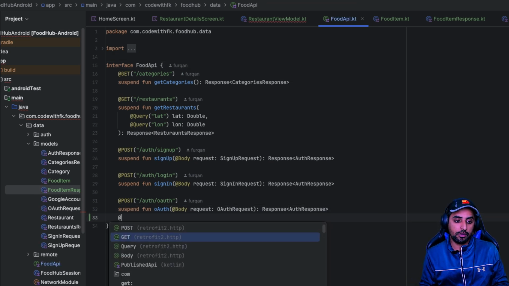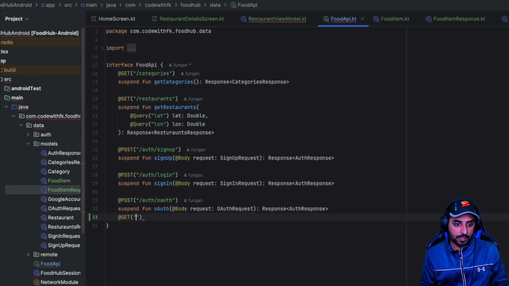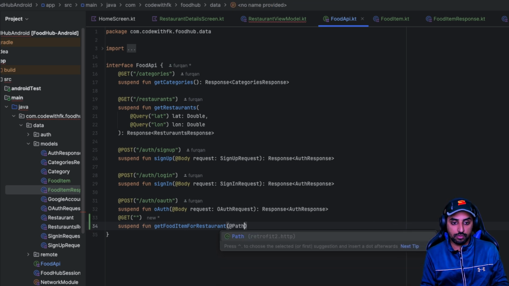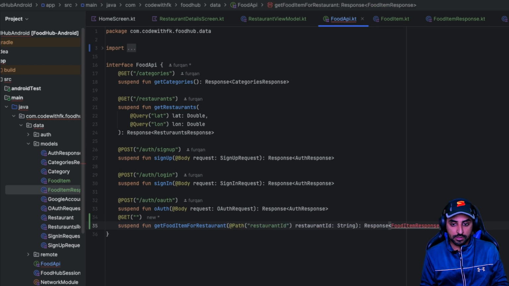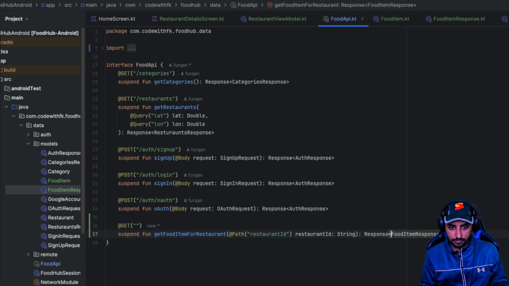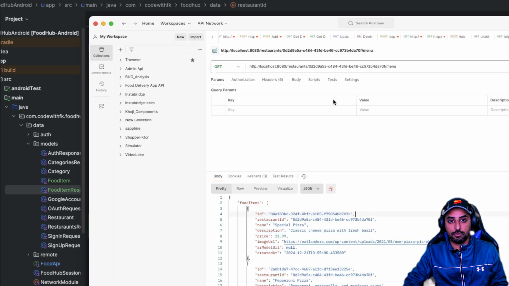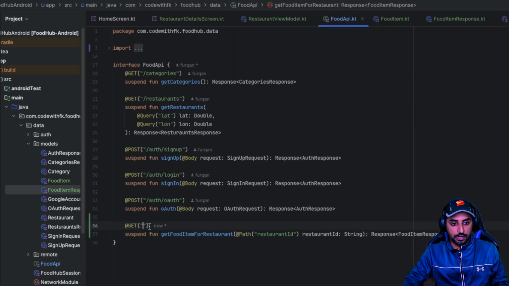So what we are gonna do is that we'll say get, and then over here we'll pass the endpoint, and this is going to be success function get food, and that is going to be, now this is important, this is not going to be a query. In fact, this is going to be a path variable, which is something like this. Okay, now this is the restaurant ID that is going to be the path, and what we are gonna do is that I'm gonna take this endpoint from here and paste it over here, which means now slash restaurant slash